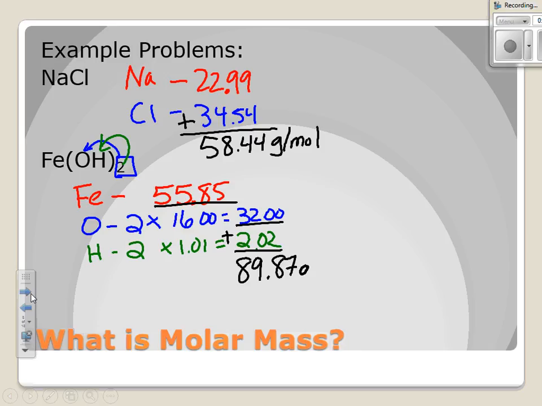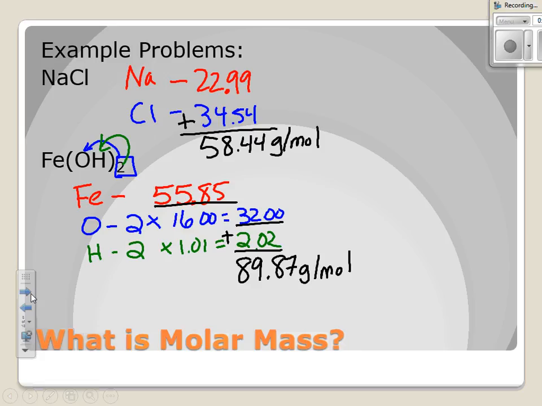And this would be grams per mole. So, if we had 1 mole of sodium chloride and 1 mole of iron 2 hydroxide, which one would we need the bigger beaker for? Iron 2 hydroxide, because it's got about 30 something more grams in it. So we would need a bigger beaker to hold 1 mole of the iron 2 hydroxide than we would the